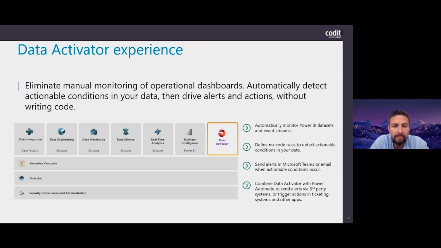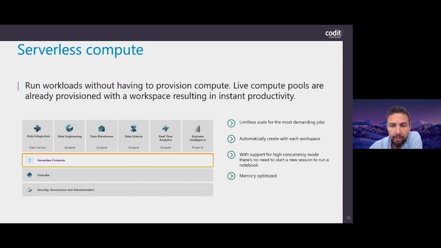So you just say, look at this event stream, look at this report, create me an alert on top of that, and make sure that it ends up in my mailbox, or in my Teams channel, so I can react on it without having to refresh my dashboard or look at it constantly to see if something is happening. You can then also integrate it with Power Automate, for example, to do more advanced stuff or to trigger something else in there. But this is really a new experience on top of the other ones to make everything work.